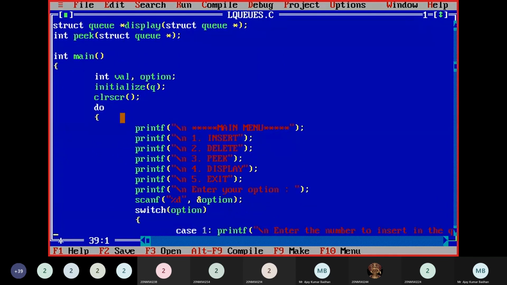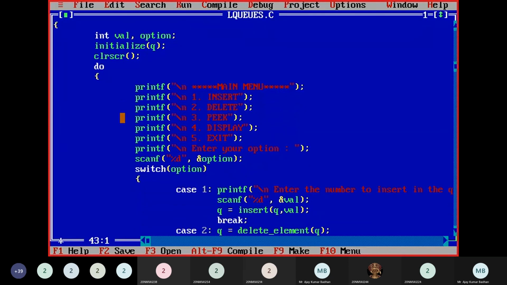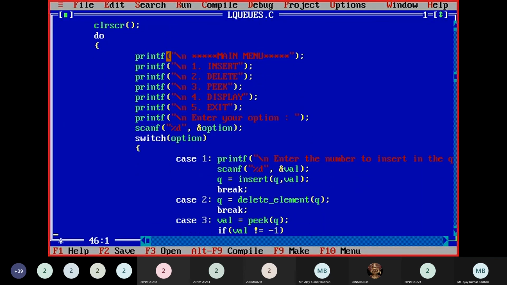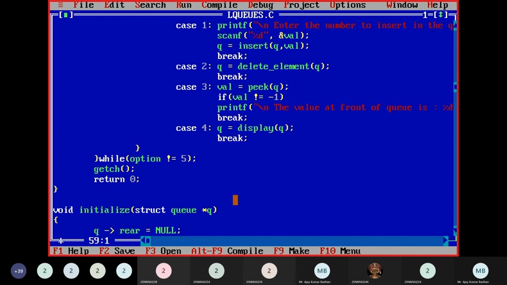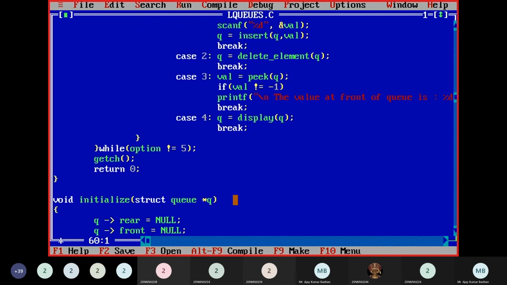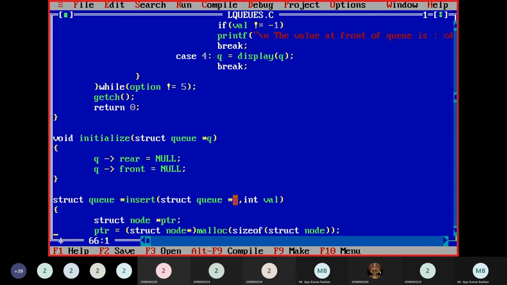Now this is the way you will be giving the menu in the main method. Before that, you can see I have written something: initialize queue. This is the method which I'm initializing here, and then I'm performing it, giving it the different operations: insert, delete, peek, display, and finally exit. We will be executing them one by one. Based upon the switch statement, whichever operation we want to perform, it is similar to what we have seen in the stacks with respect to linked list.